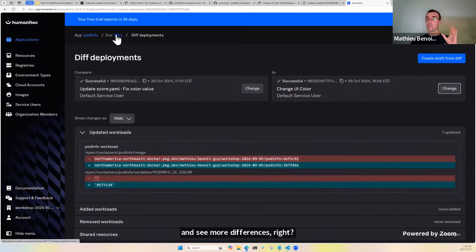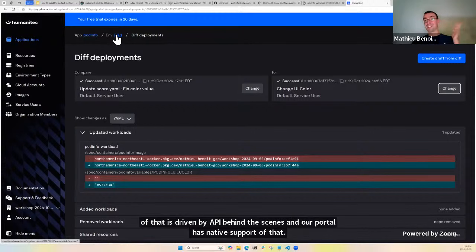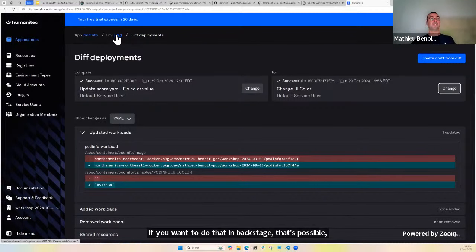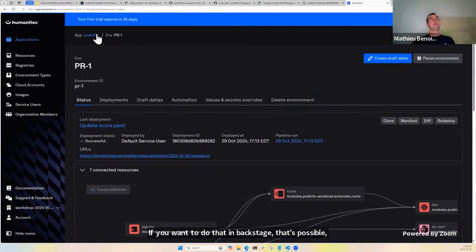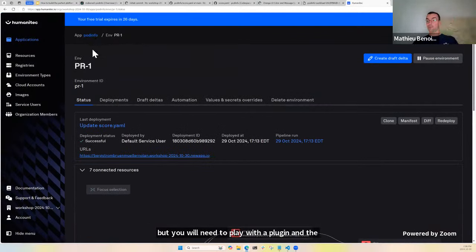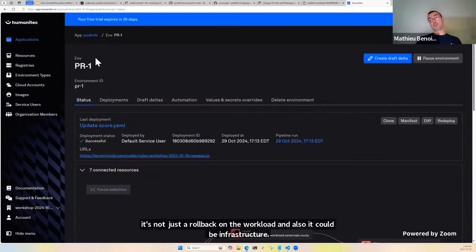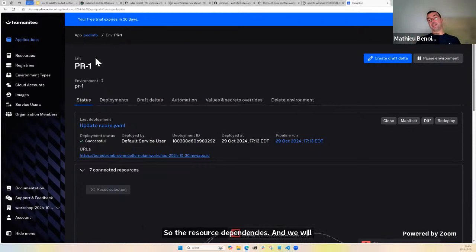All of that is driven by API behind the scene, and our portal has native support of that. If you want to do that in Backstage, that's possible, but you will need to play with the plugin and the Humanitec API. That's the feature you could have here. To your question about rollback, yes, it's not just a rollback on the workload, and also it could be infrastructure, so the resource dependencies. And we will track also the history of the